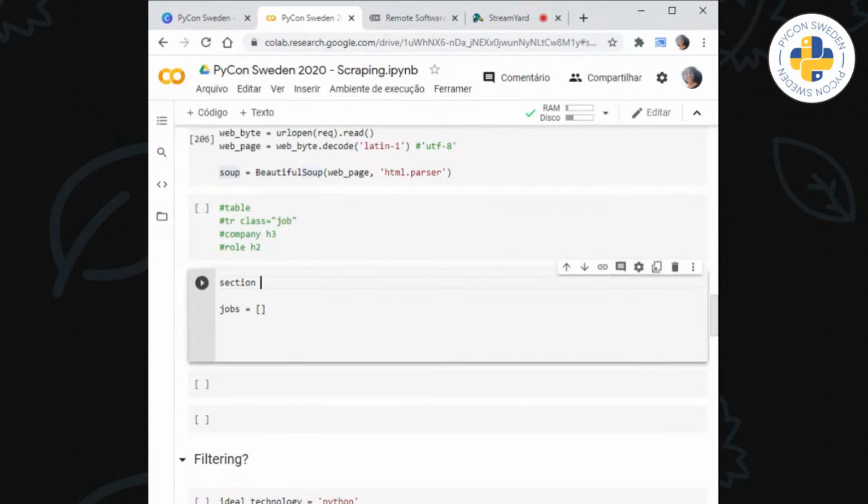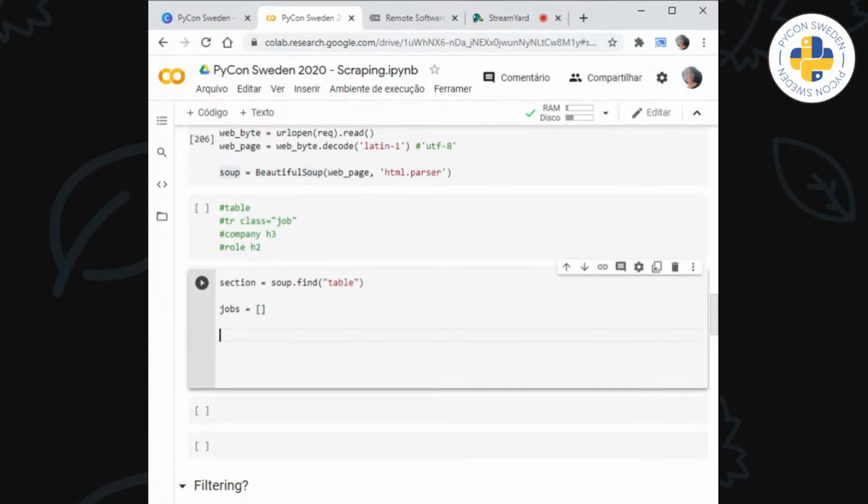We are interested inside a table, right? So we're going to have soup find, as I said before. It's going to find a table. It's the first table that appears. It's also the only one, so we don't have a problem here identifying classes or anything like that. We could just leave it this way.